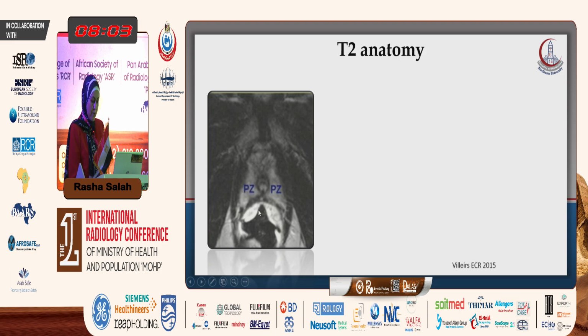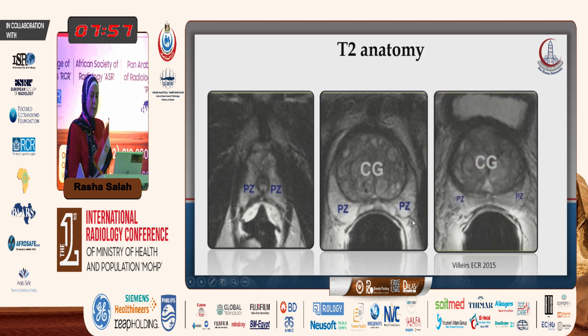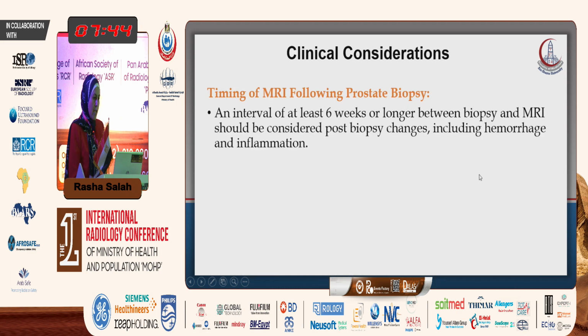The peripheral zone appears as a hyperintensity, and at the apex of the prostate, it appears as a triangular shape, while in the mid part of the prostate gland, it appears as a horseshoe appearance, and in the base of the prostate, it is the smallest part of the peripheral zone surrounding the central gland with the adenomatous nodules. Adenomatous nodules develop only in the central gland.